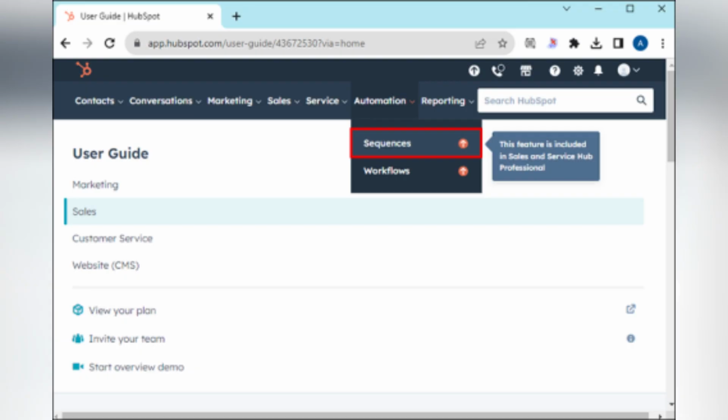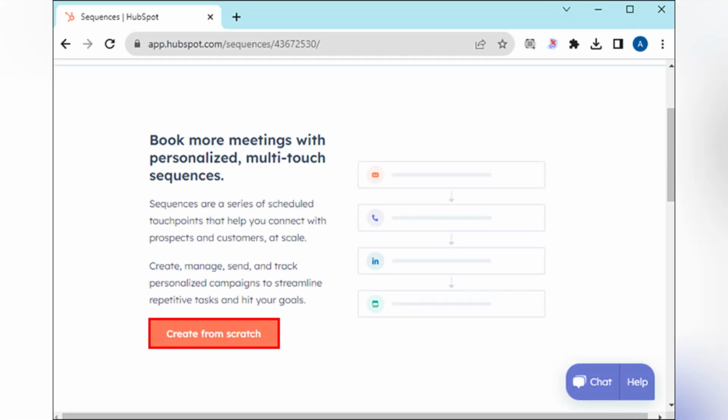Over on the left side of your screen, you can choose to start completely from scratch or pick one of HubSpot's ready-made templates to save some time. Once you make your choice, hit the Create Sequence button in the upper right corner to open up the sequence editor. Go ahead and click New Sequence to give your automation a clear internal name so your team can easily